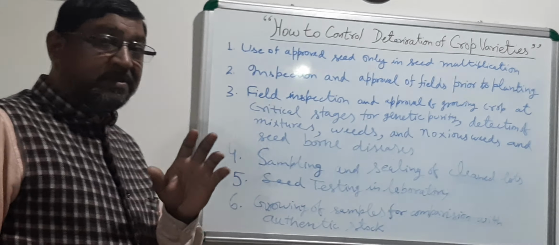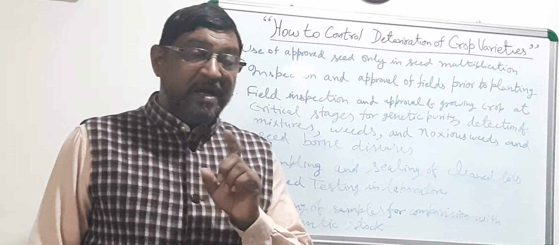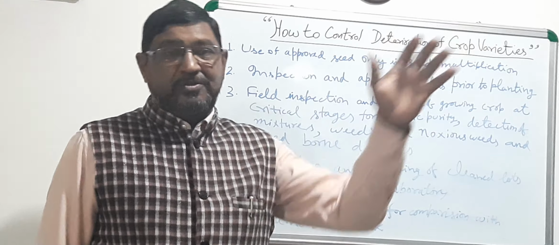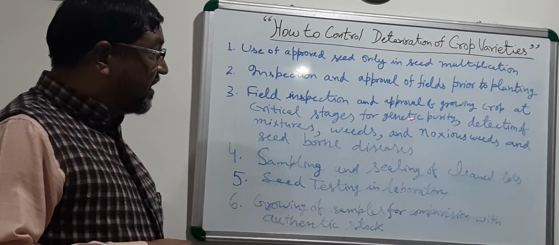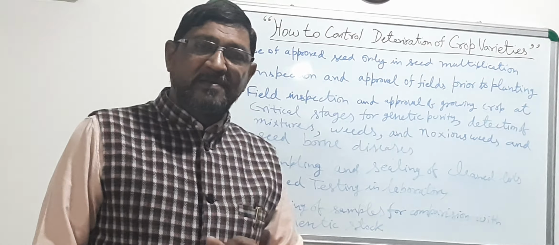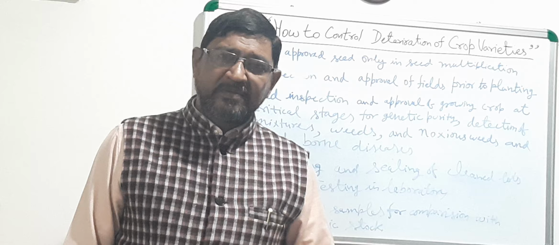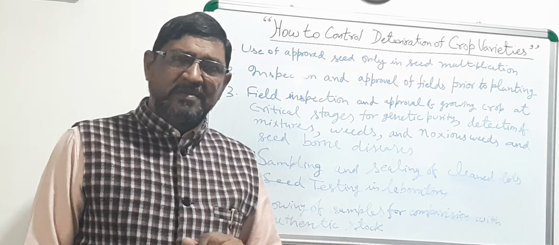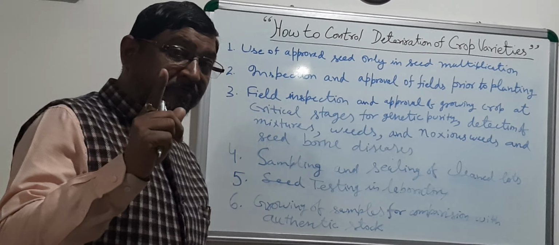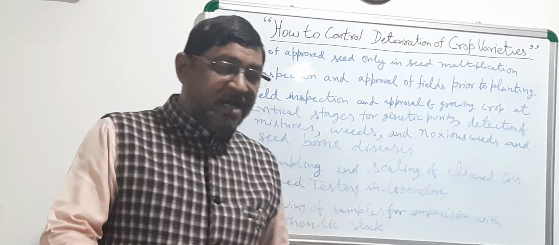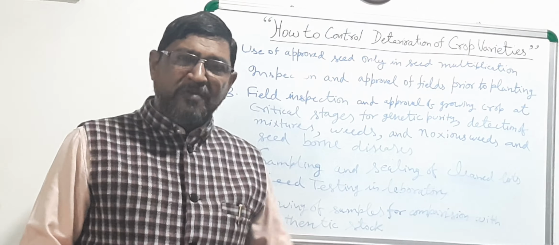Of course, this is the rule that the seed inspector has to visit your field at different stages of crop growth for ascertaining that the variety which you are growing is genetically pure. He has the record, he has the diagnostic characteristics of all the varieties being grown. So he will compare it, whether it is genetically pure when it is grown, not at only one time in the growing period. He has to visit 2-3 times as per rule in different stages, in pre-flowering stage, in flowering stage,